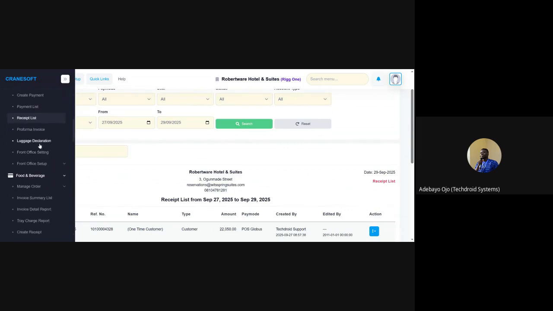Then we also have the luggage declaration. So the system can also help you to manage the luggage information about your guests. So your guests can actually declare their luggages, then you keep it on the system, then you'll be able to access it. Then also this is the front office settings where you manage how